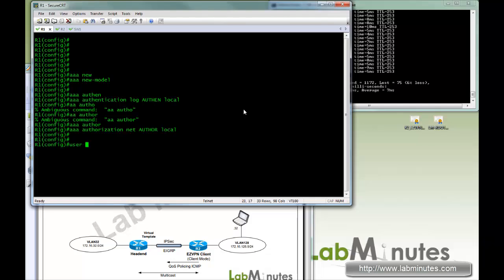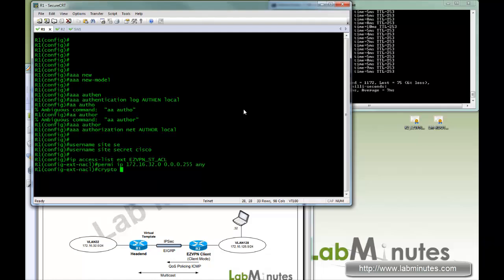Now we give it a username, site, and password Cisco. Now create an access list for the split tunnel, EZVPN split tunnel ACL, with permit IP 172.16.32.0, which is our VLAN 32 on the right,